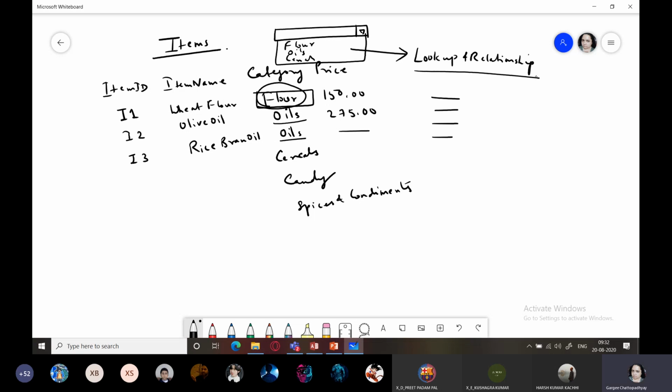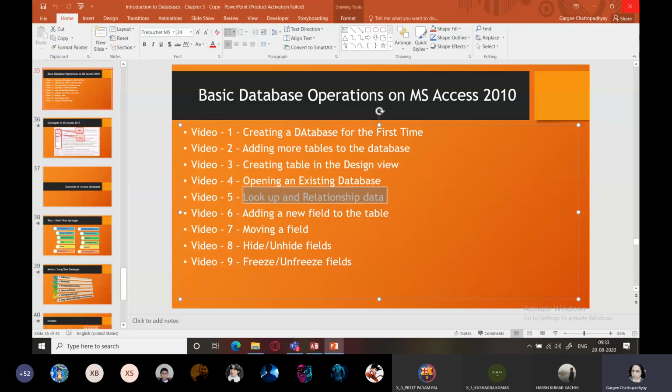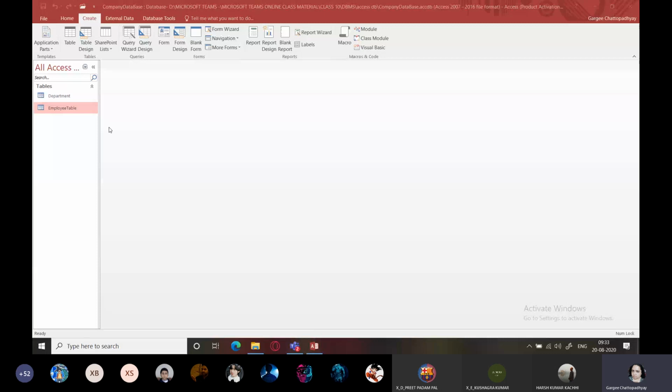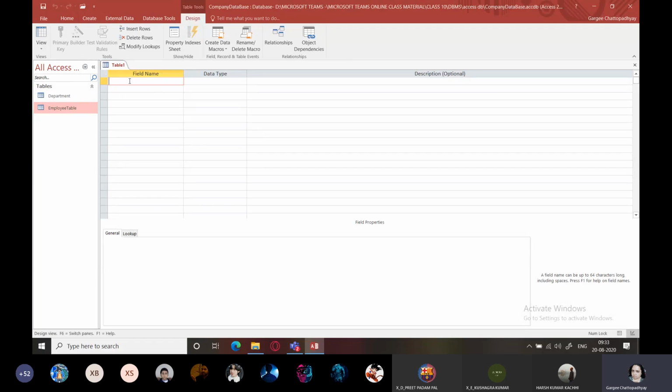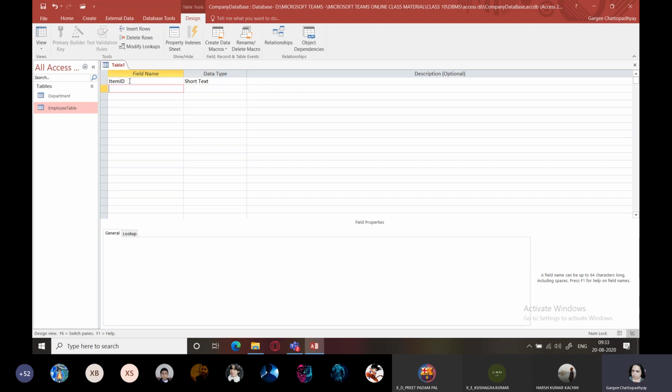So let us see how to create lookup and relationship on the table. I'll be closing this. I have to keep closing things, otherwise my system is going to hang. Last time it happened. So for this I will be going to table design, and from here I'll be typing item ID, and let me take the item ID as short text.